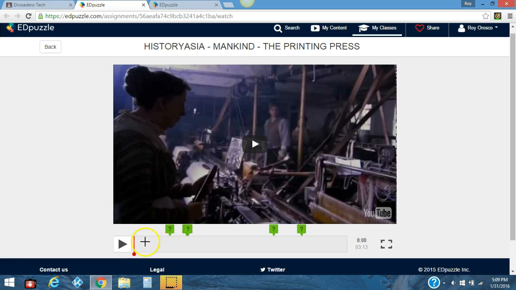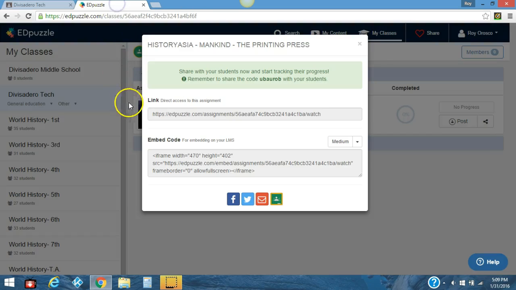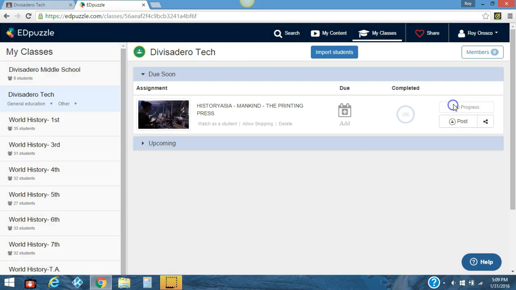The kids would press play. As they got to a question, it would pause and require them to answer a question that will come to the right-hand side of the screen. Once they've answered it, it will allow them to continue, and they would have to answer all these questions and then finish the video. Now, in order to monitor that, I can go right here to the progress button,